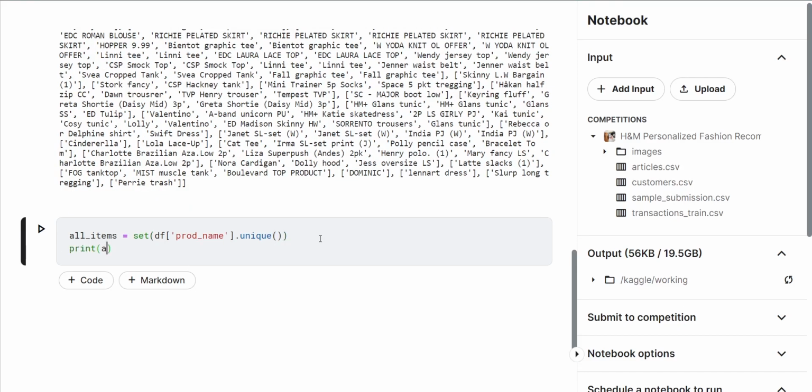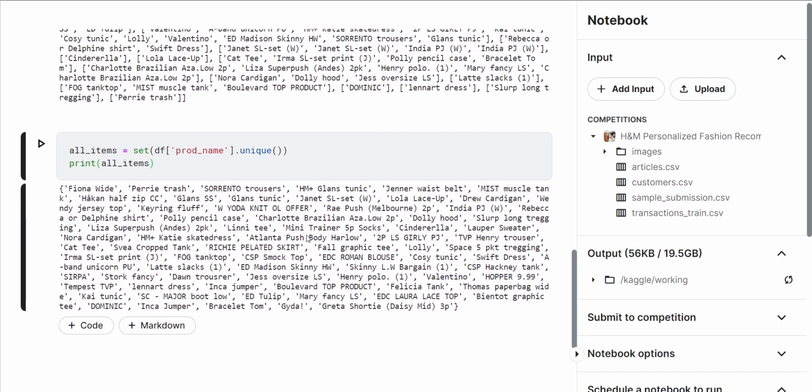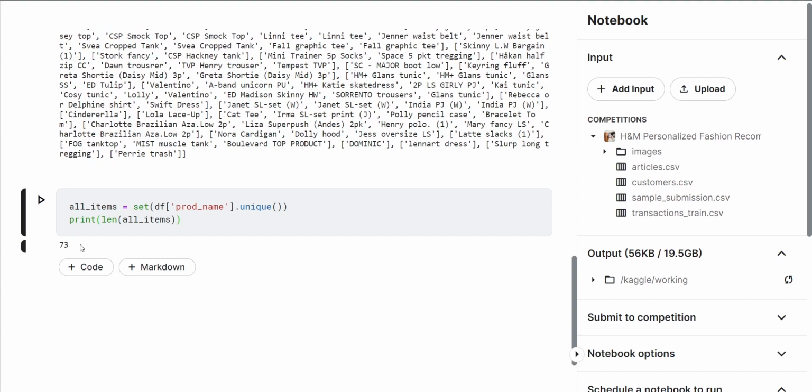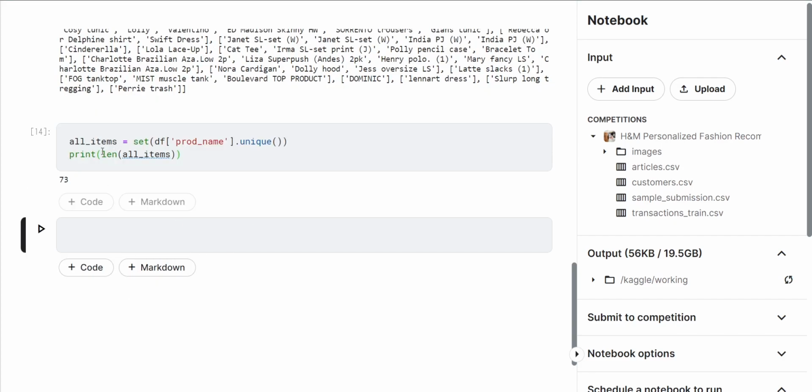And if we print it, we see that we have about 73 unique items. From all these unique items here, we can now create a vector, which will be useful for measuring how similar each of the vectors are to each other